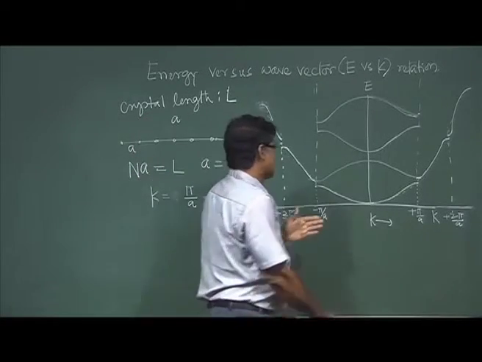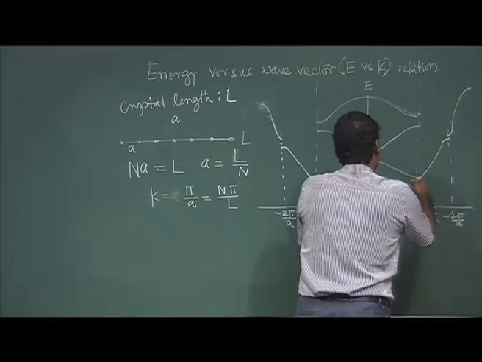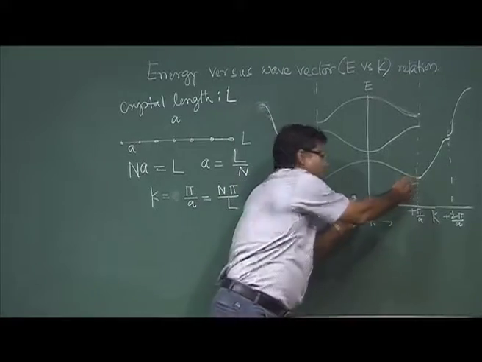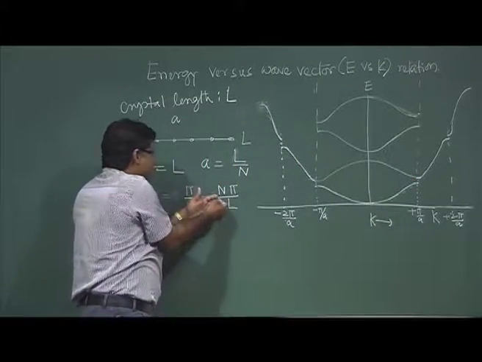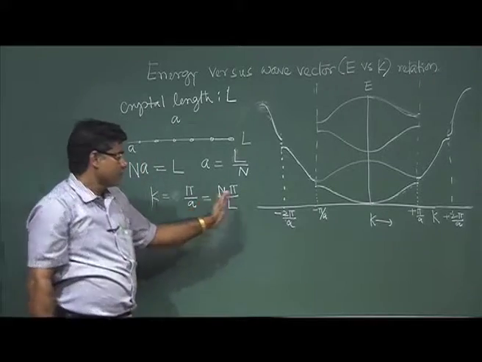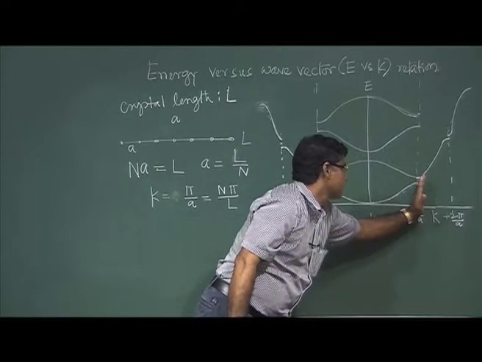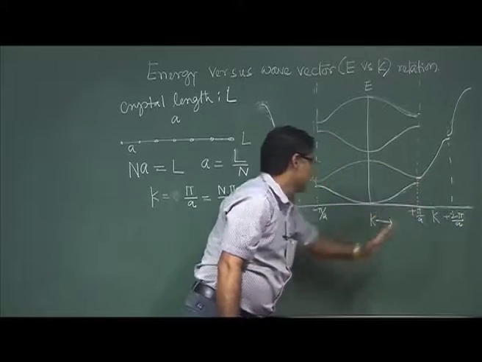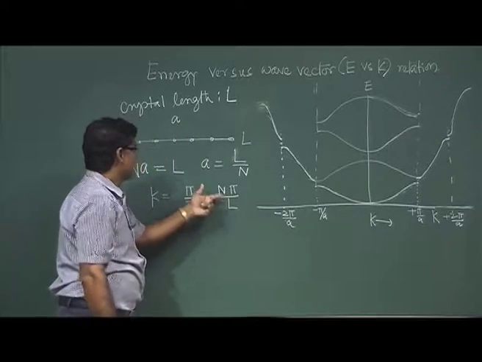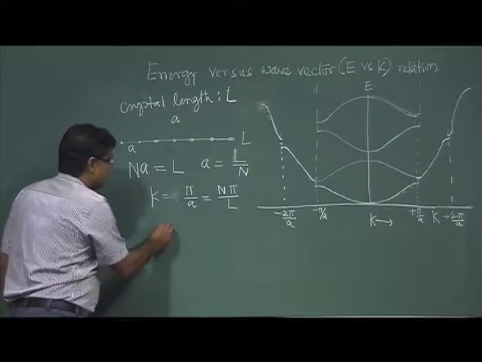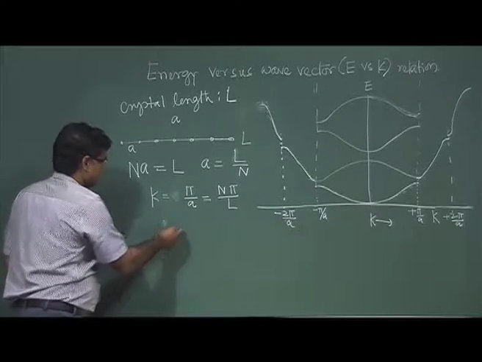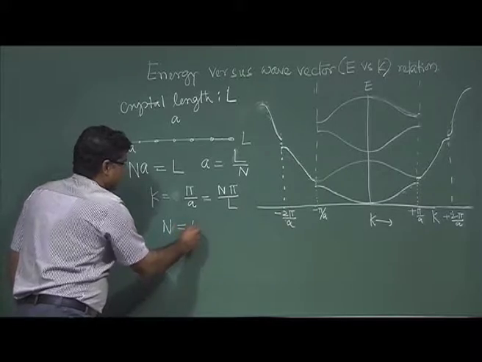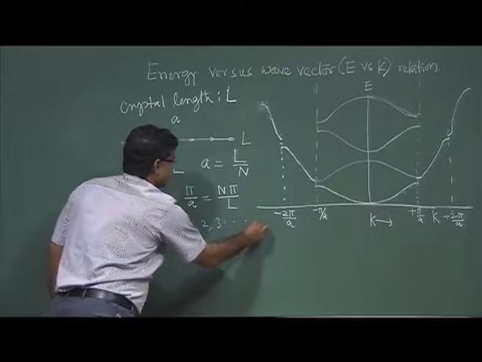In this region, how many k values will be there? This is the upper limit of the k value at the boundary of this first Brillouin zone, right. So this is the k value. So n can be 1, 2, 3, up to n, right,